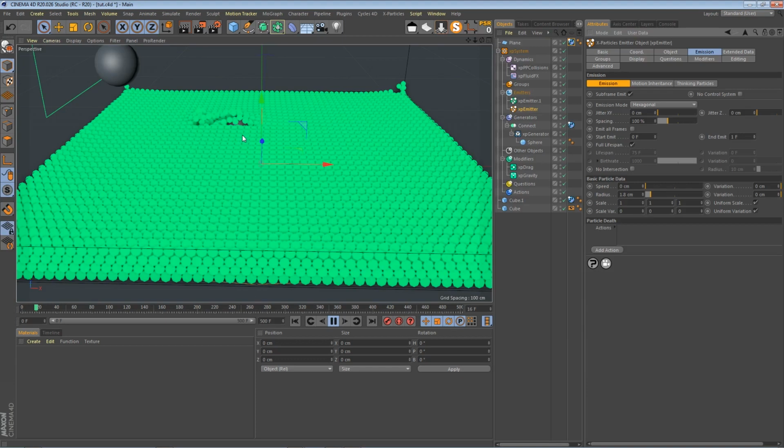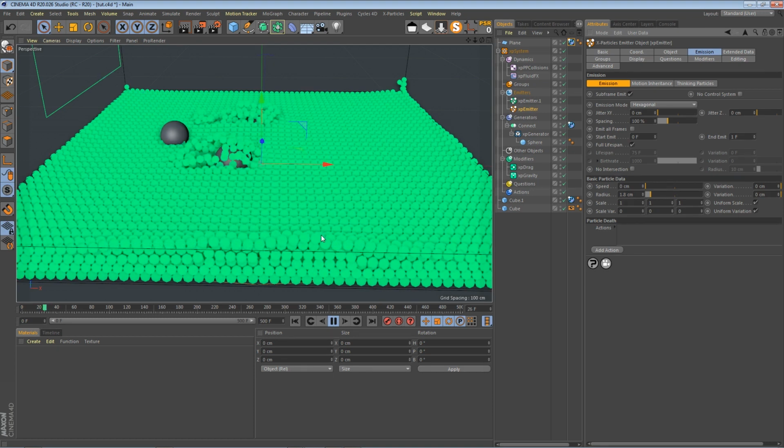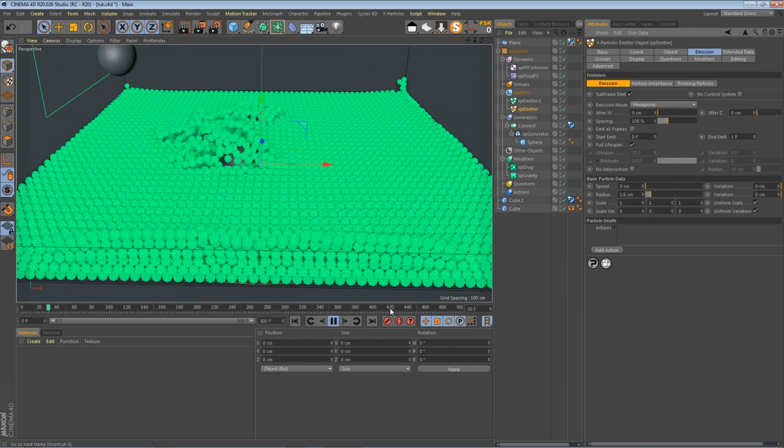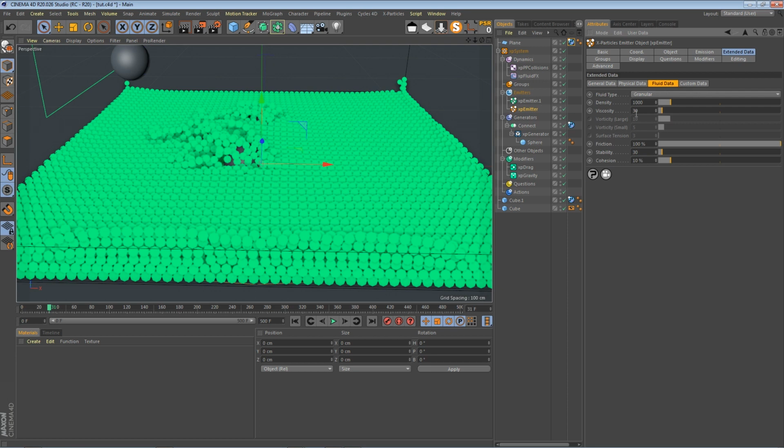And we start to have some more details, and obviously you understand the principle of it. Now that you know that, you can go on to the parameters. The other parameter that we could have a look at is on our emitter, on the extended data, the fluid data. We haven't had a look at the stability and the cohesion. So I could reduce the stability a little bit so that